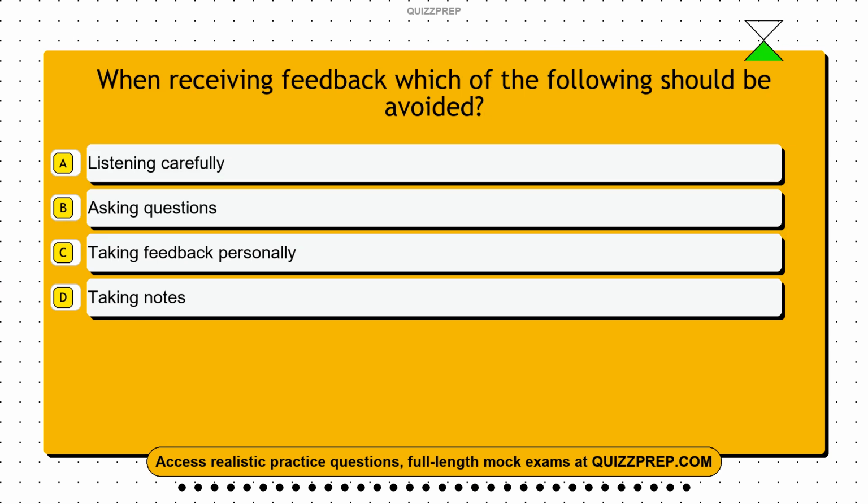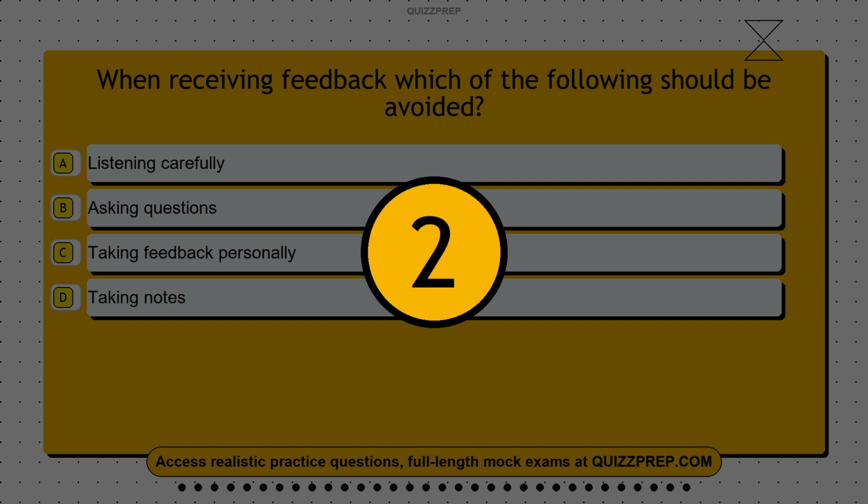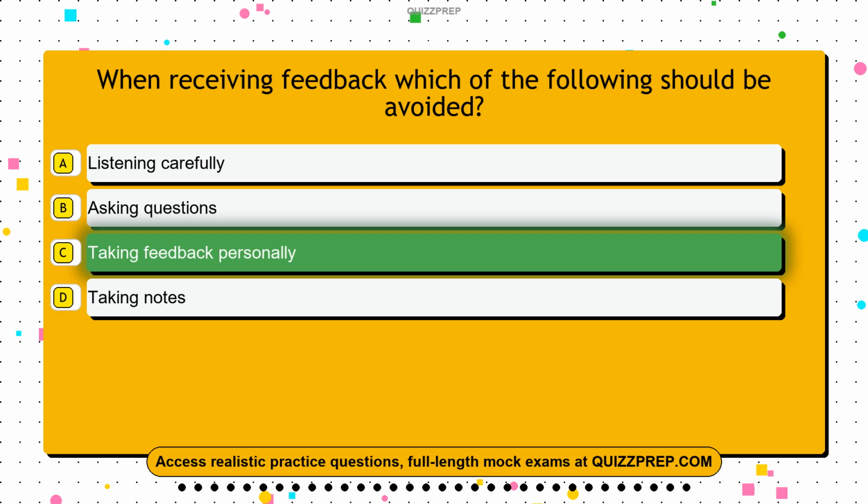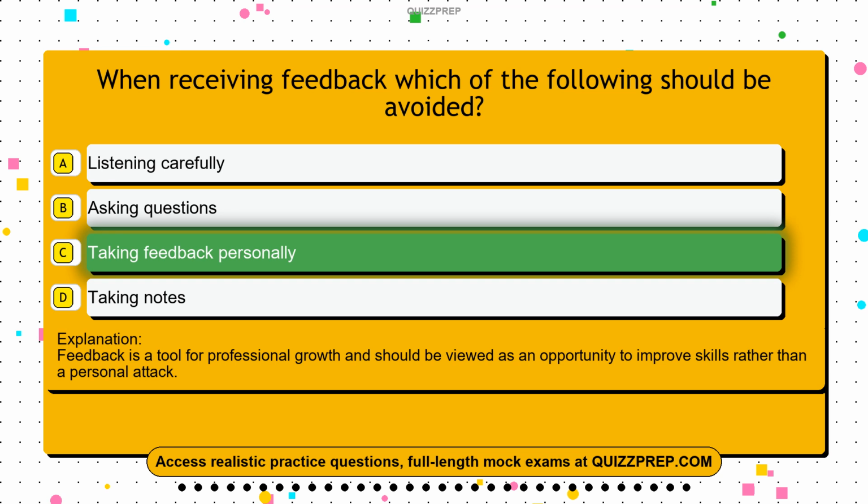Question 23. When receiving feedback, which of the following should be avoided? Option A, listening carefully. Option B, asking questions. Option C, taking feedback personally. Option D, taking notes. The correct answer is option C, taking feedback personally. Feedback is a tool for professional growth and should be viewed as an opportunity to improve skills rather than a